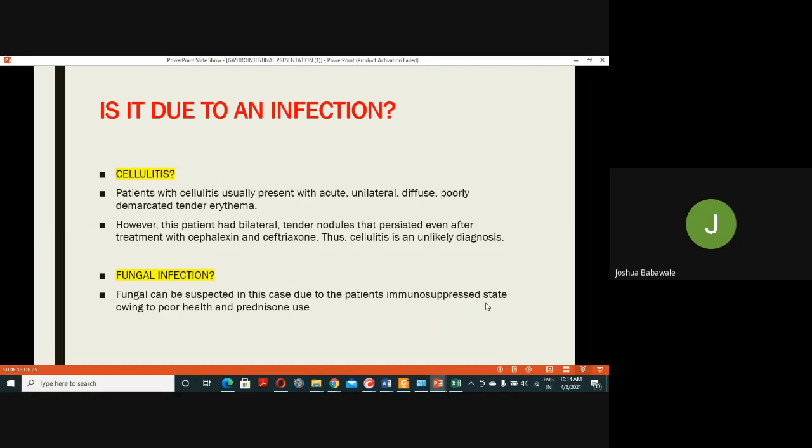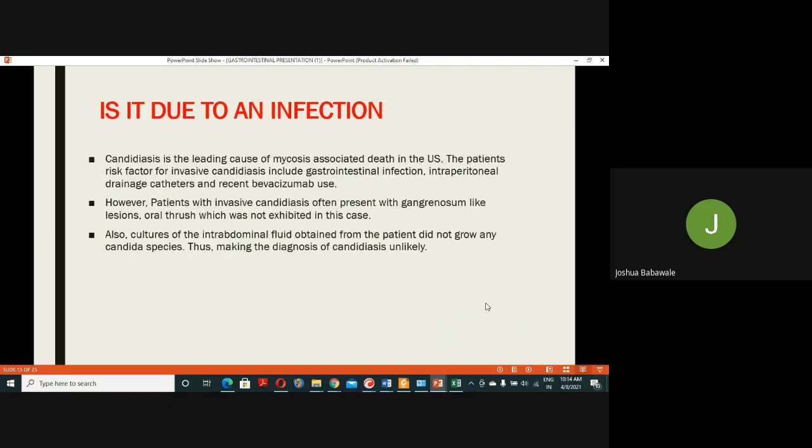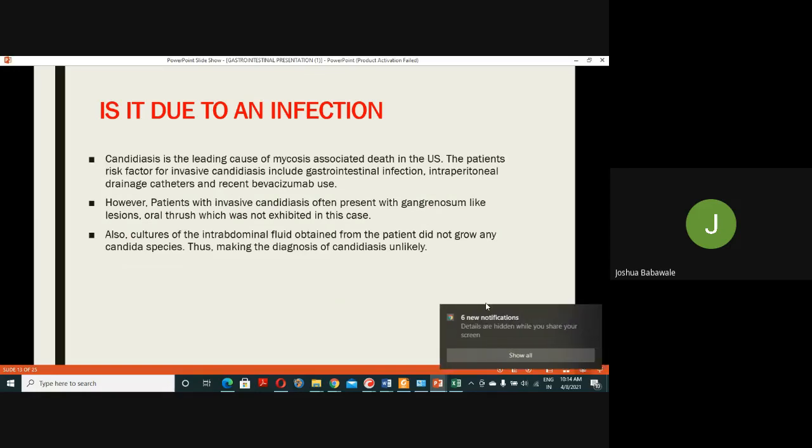Is it due to a fungal infection? Because the patient was immunocompromised due to his poor health condition and also used prednisone, fungal infection might be suspected. Next slide, please. For example, candidiasis is the leading cause of mycosis-associated death in the US. And the patient had risk factors such as the GI infection, he had the recent catheter use, and also the recent use of